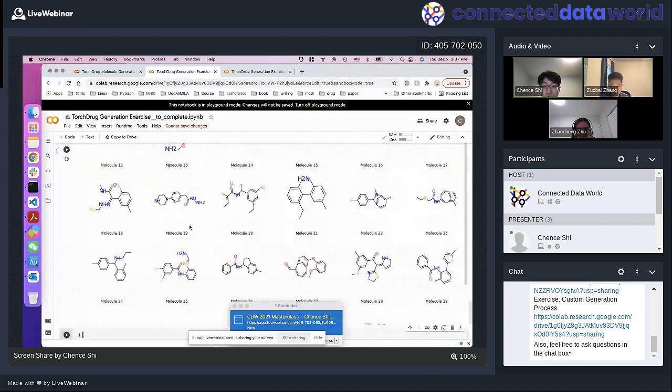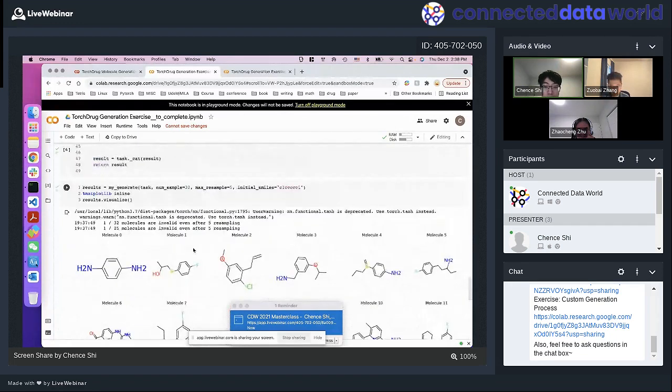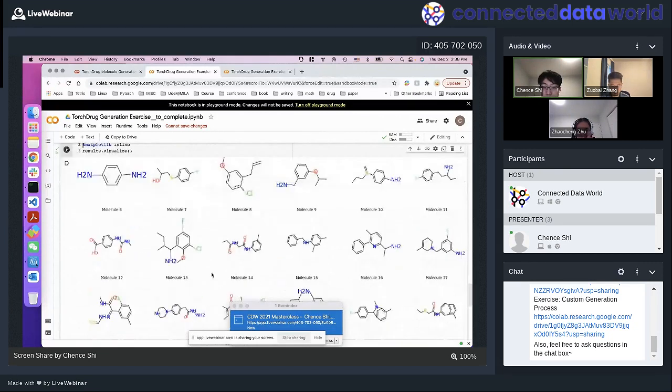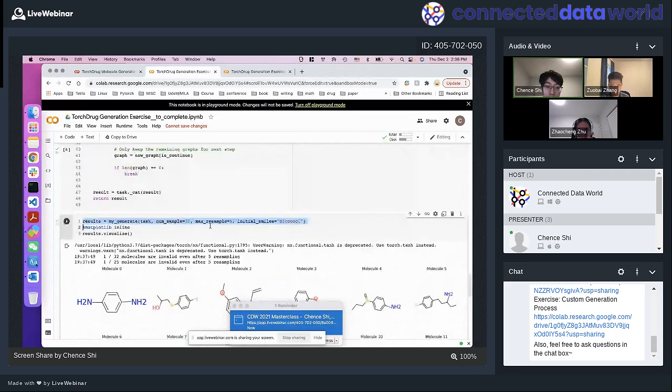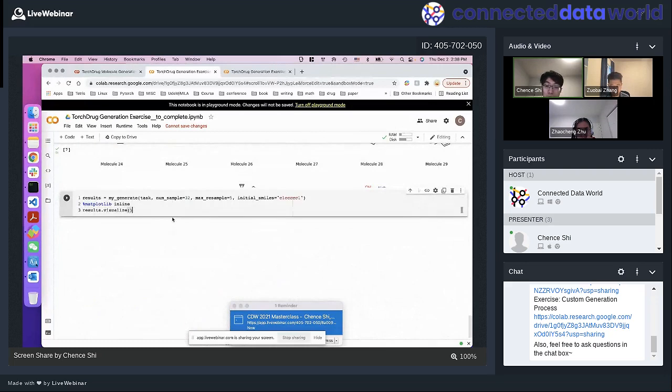Yes. So here we just finished all three exercises, and we generated 32 molecules using our customized myGenerate function. You can see that all generated molecules contain at least one benzene ring. And you can also play with these functions by using other initial SMILES. For example, you can maybe use a very